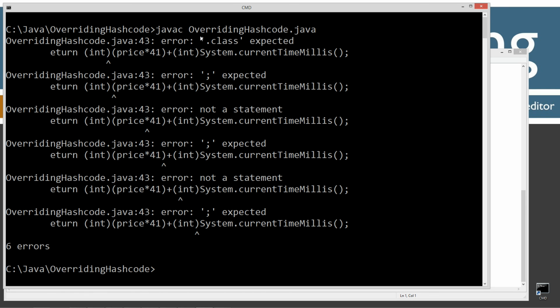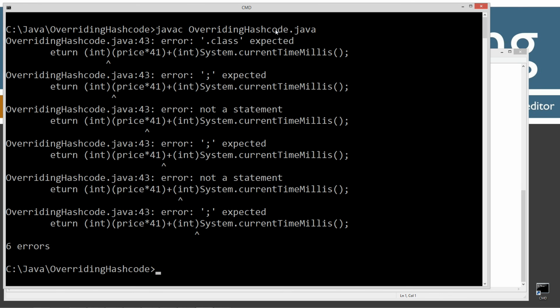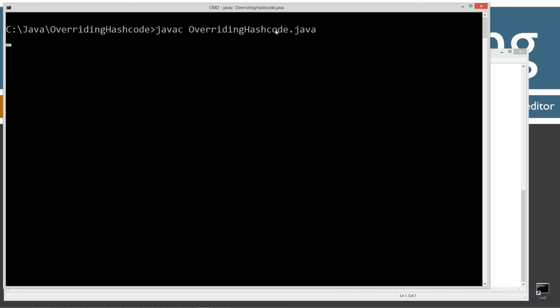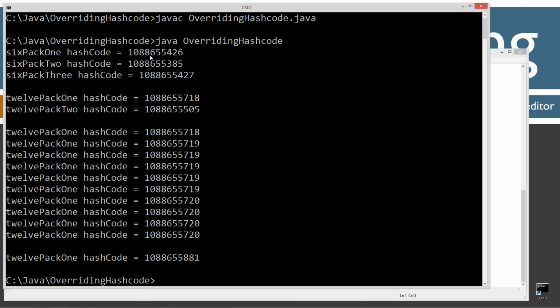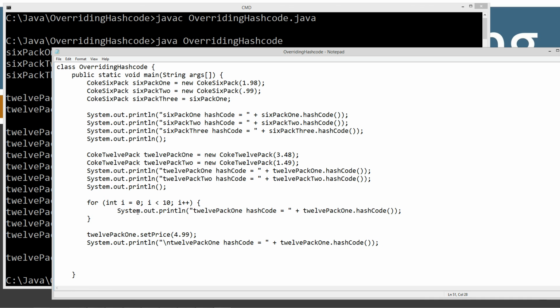Oh, how about we return instead of that typo? Save this, clear our screen, and we'll run it. Okay, so now we've got some hash codes up here. Take a look at the 12-pack 1 hash code right here. It ends in 5718. Now you can see as we're looping through and re-invoking the hash code method in the loop up here,